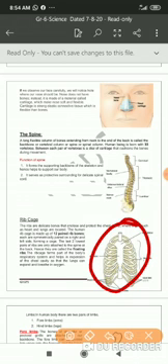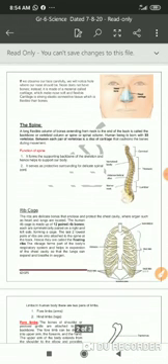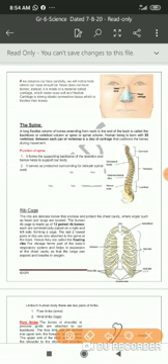Now we need to know how many bones are there. Since we have read the bones in the skull, 22, the bones in the spine, 33. Now let us know how many bones are in the rib cage. So altogether, there are 24 bones in our rib cage, which means 12 pairs, right? They are arranged on either side of your chest bone, the sternum, or we also call it the breastbone.